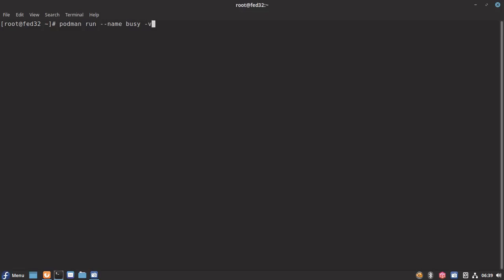Let's attach our volume static to the apps folder within the container. This is how we do volume mapping. So we are going to run a container named busy with the static volume mapped to the apps directory for the busybox container. Let's give the image name here.